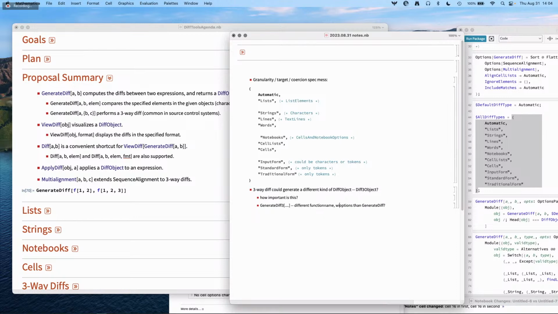Okay. So we've got view diff, which we're going to talk about. I'm not sure that name is right. We don't have a lot of other views in the system, but that's the diff format. That's showing diffs in different ways with colored backgrounds and this, that, and the other. But generate diff generates a diff object